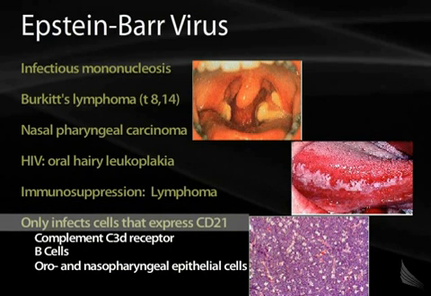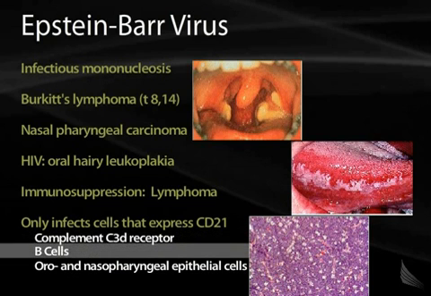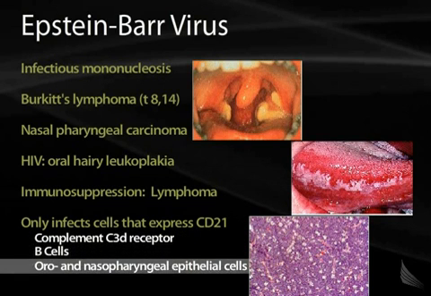It only affects cells that express the receptor CD21. It's a complement C3d receptor, and it's found on B cells. And also you find it on oronasopharyngeal epithelial cells. You've got some clinical features here of nasopharyngeal carcinoma, oral hairy leukoplakia, and what the cell prep looks like with